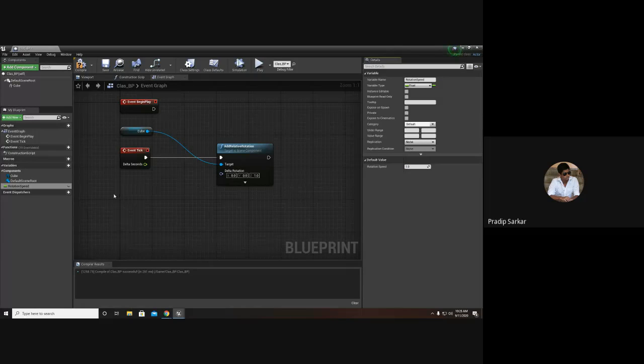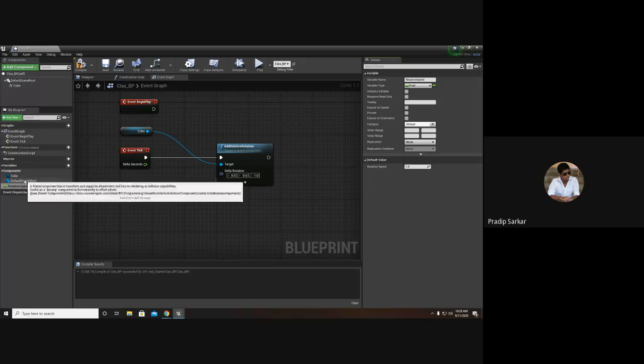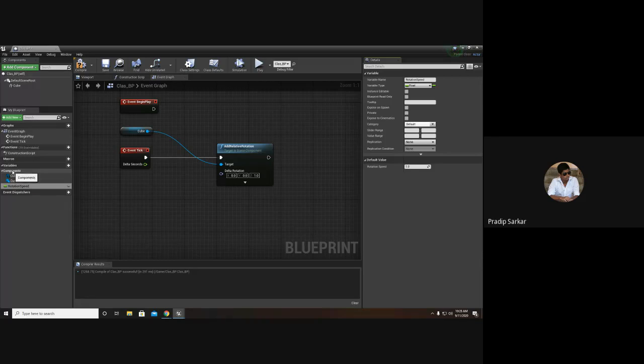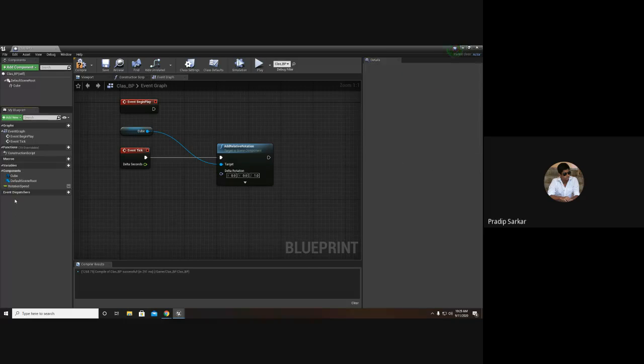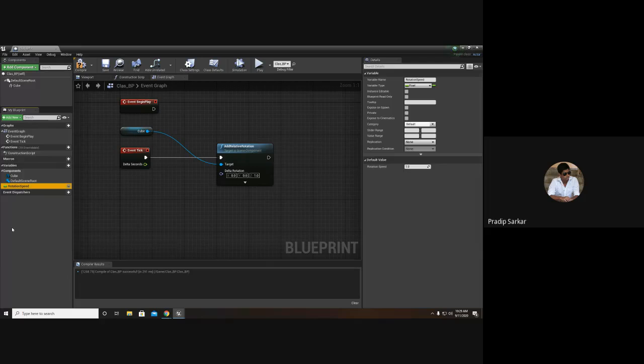Next, coming back to the My Blueprint section, beside the rotation speed variable there is a small eye icon. That eye icon is used for making this variable public.